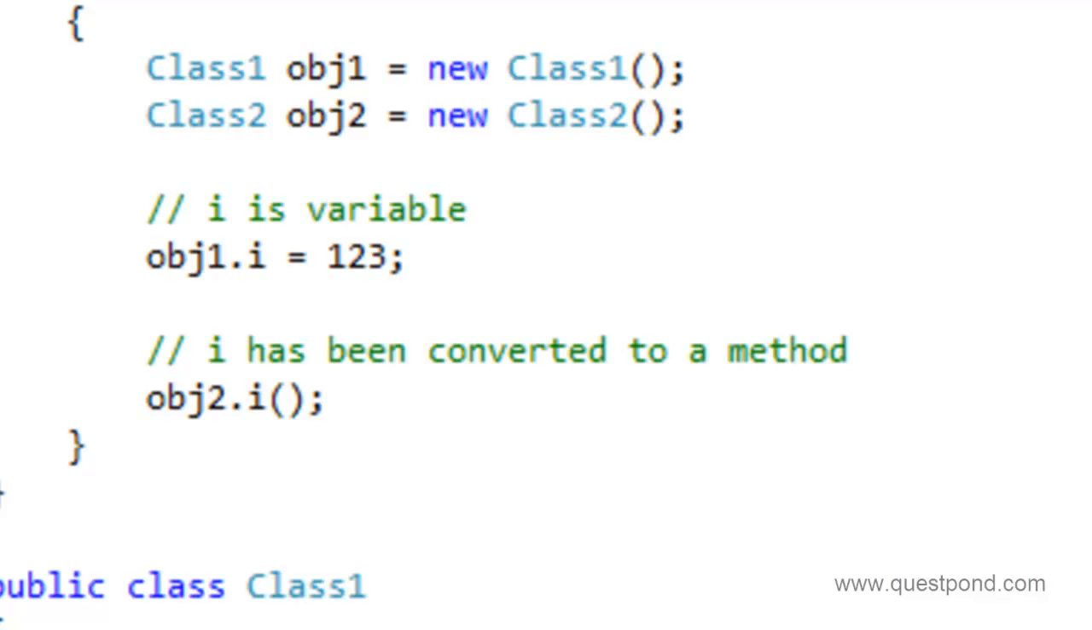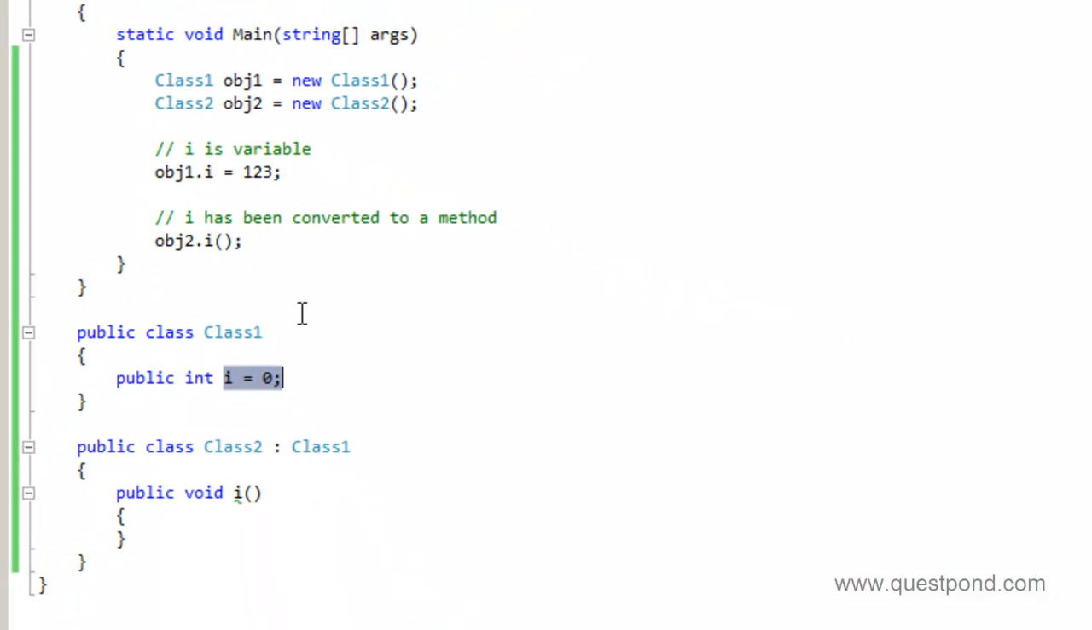In shadowing, the parent class element is completely replaced by the child class. For example, you can see that this integer I has been changed to a method I. The data type has just been replaced by a simple method. So shadowing means basically the parent element is completely replaced by the child element in terms of data type, in terms of functionality, etc. When I say functionality, I mean the variable becoming a method or function or property or whatever it is. Now the next question you will ask is what's the use of shadowing, because definitely